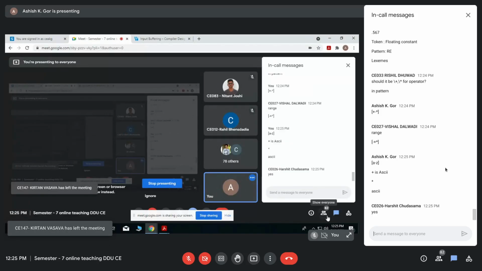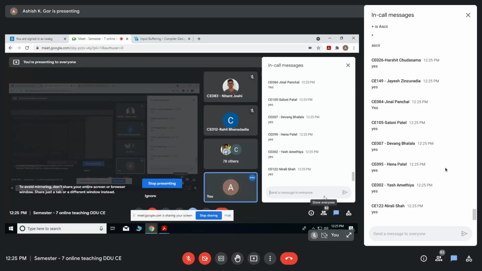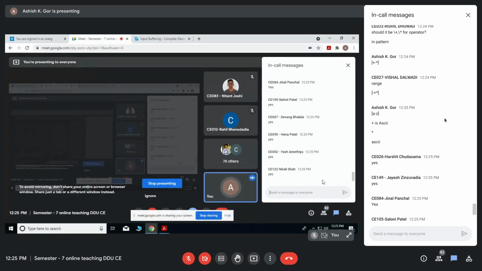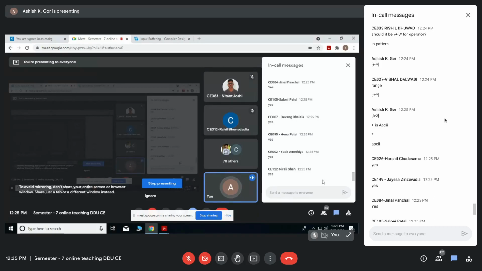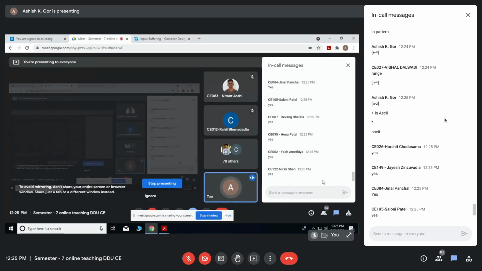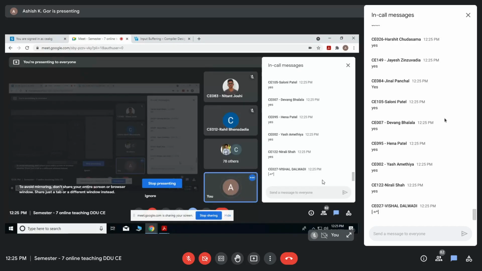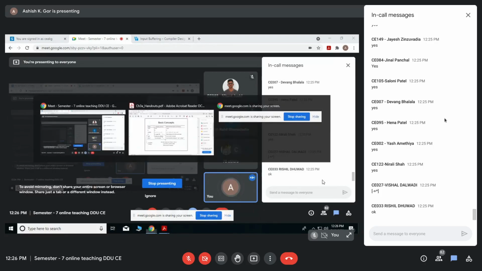Yes. Okay. So rather than writing like that, you can either put the minus operator at the end, or you can put a backslash, as Vishal has written. But Rishil, it is not compulsory to put the backslash before every character. Are you getting what I'm saying? Yes. Okay. And I think you should check it experimentally, then it will be more clear.